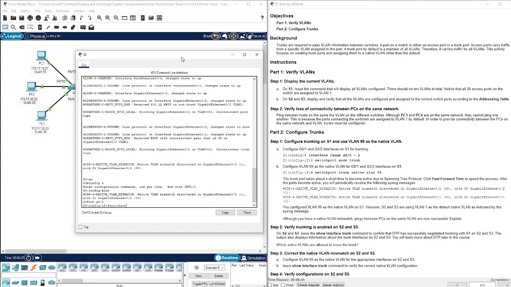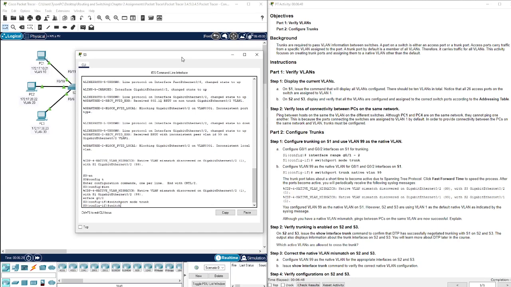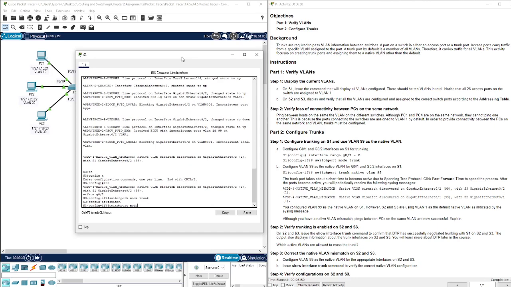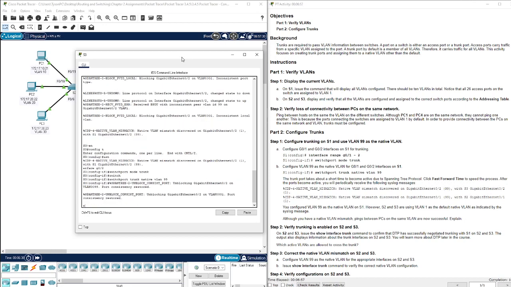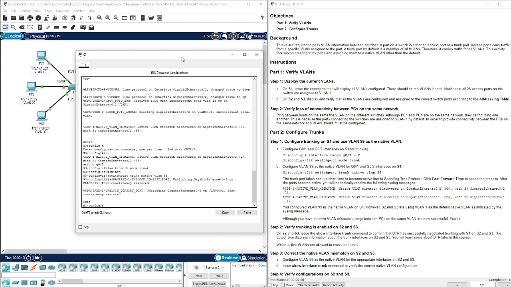All right, doing the same thing. Switch port mode trunk, switch port trunk native VLAN 99, and consistency restored. And that is it actually for this Packet Tracer